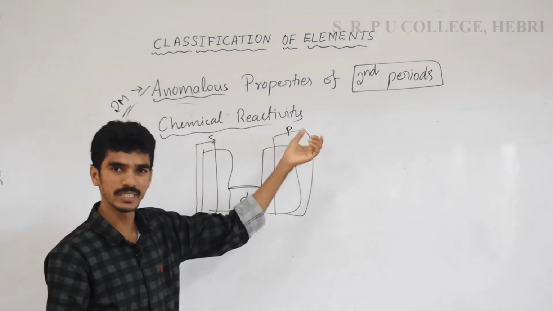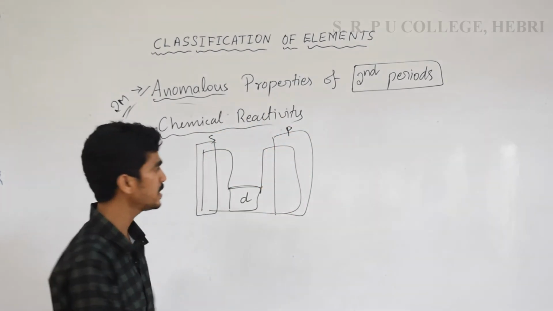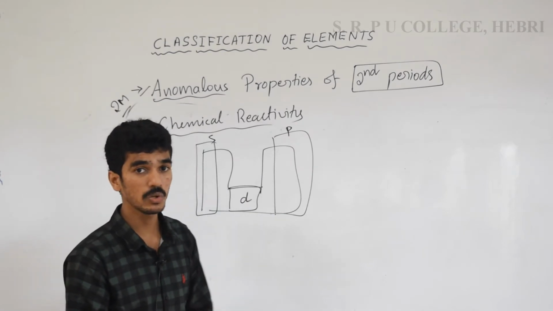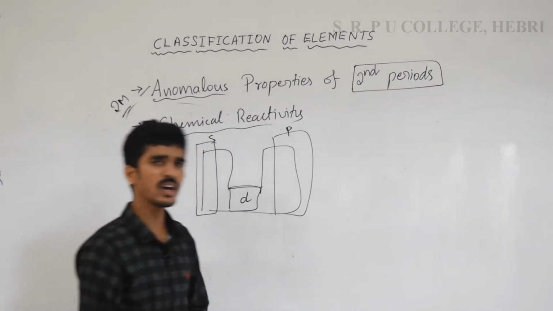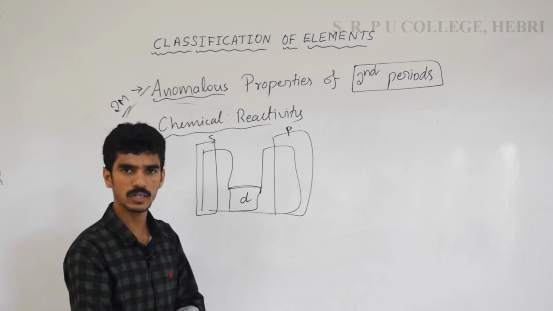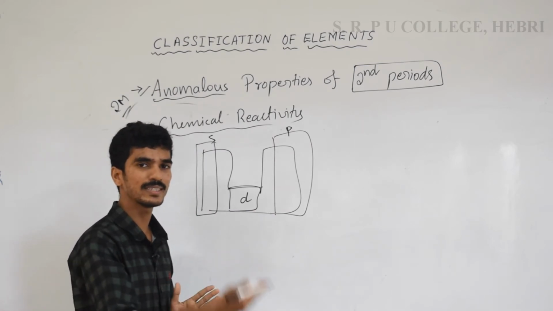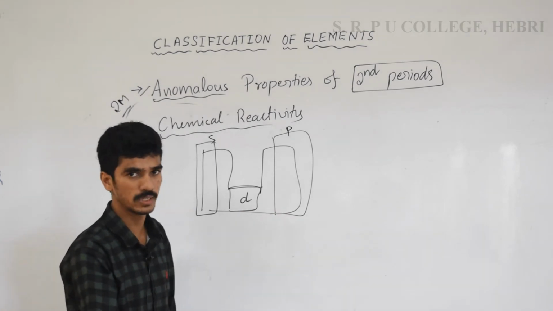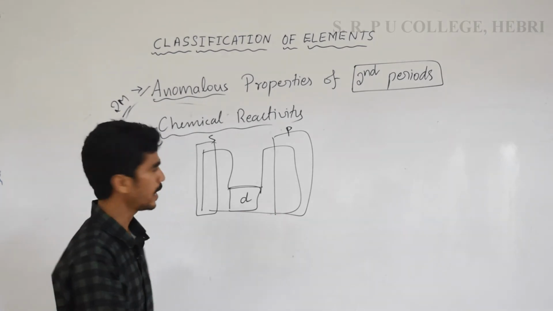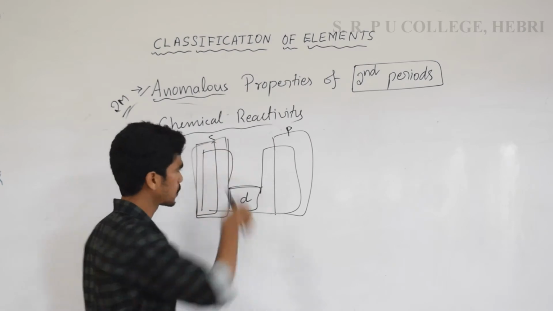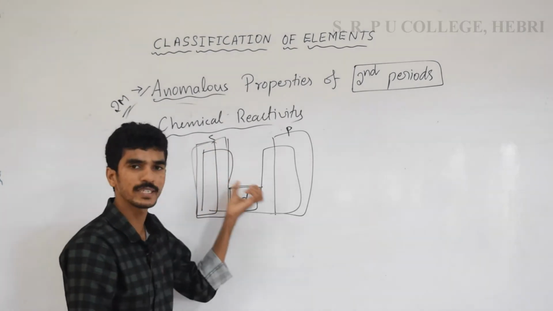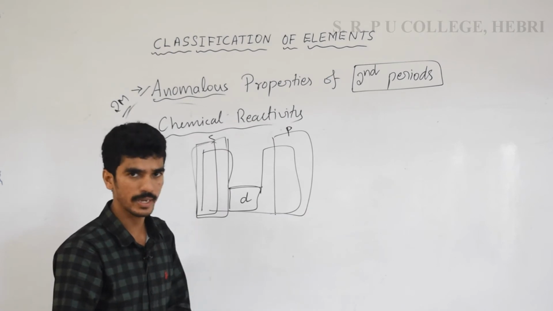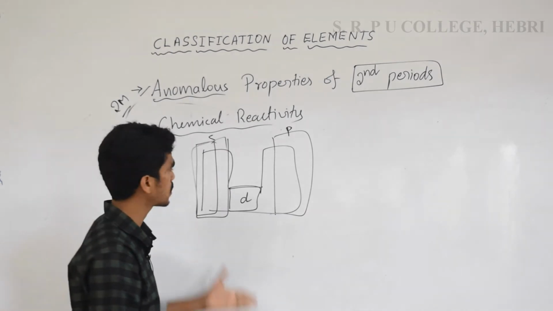The side heading is chemical reactivity. Chemical reactivity means an element should undergo reaction, and which elements undergo reaction. Reactivity proceeds on the basis of which has more capacity. For the rightmost elements, just recall once again all the physical trends: atomic radius, ionization enthalpy, electron gain enthalpy, and one more, electronegativity. Just recall once again.